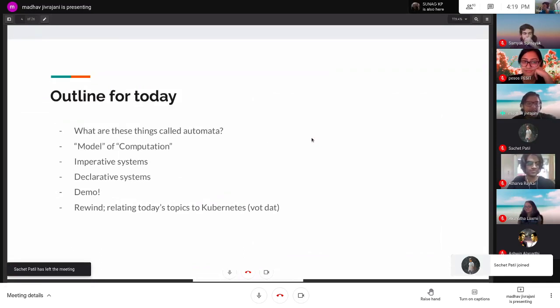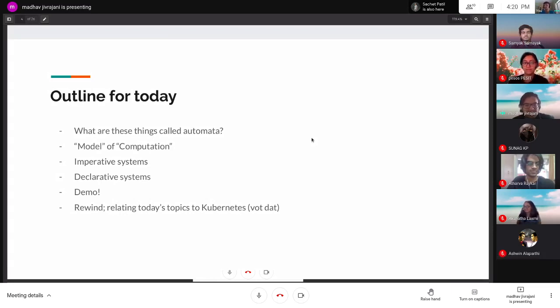And this is the basic outline for today. We'll be talking about what is an automata, and we'll go over what that fancy term means. It's not all that complicated as it sounds. Then we'll talk about what is a model, what is computation, and combining those terms, what is a model of computation for what we're talking about today. Then the actual topics: imperative systems and declarative systems. Then a demo.